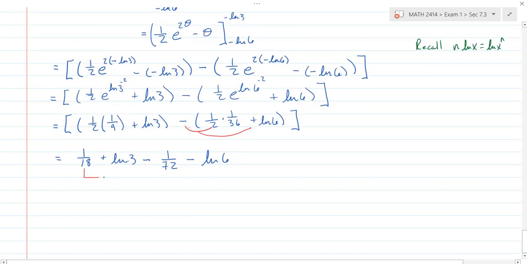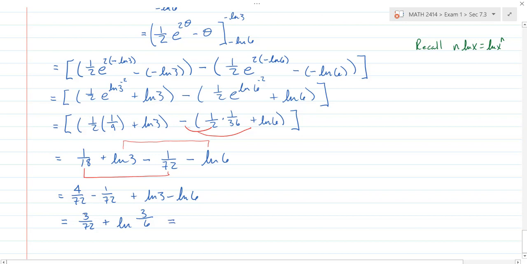Now I have like terms I can combine. I can combine the 1 over 18 and the 1 over 72 and the natural log 3 and the natural log 6. Before I do that, I'm going to rewrite this as 1 over 18 we can write as 4 over 72 minus 1 over 72, and then plus the natural log of 3 minus the natural log of 6. We can combine these logs using the quotient rule. Do y'all remember the quotient rule? So this is going to give us 4 minus 1 is 3 over 72 plus the natural log of 3 divided by 6. So 3 goes into 72 24 times, so this becomes 1 over 24 plus the natural log